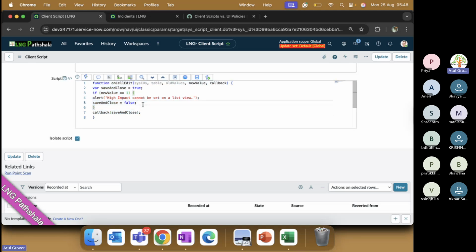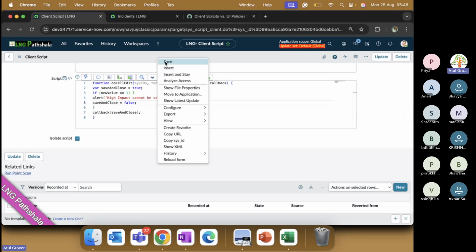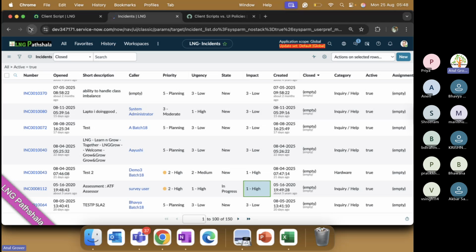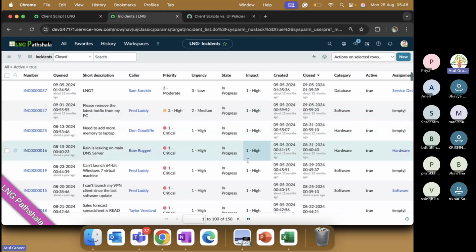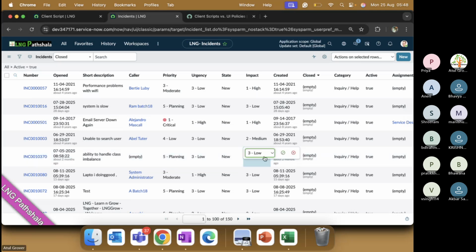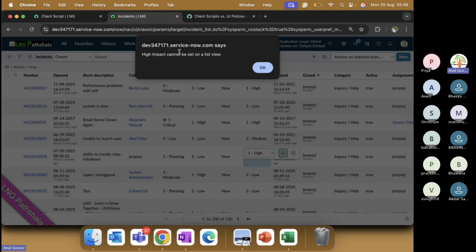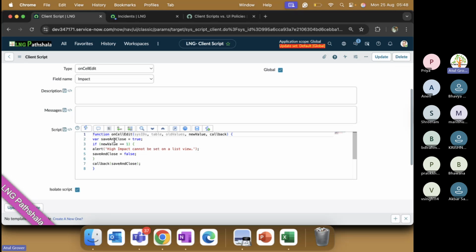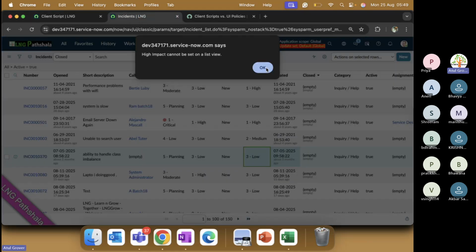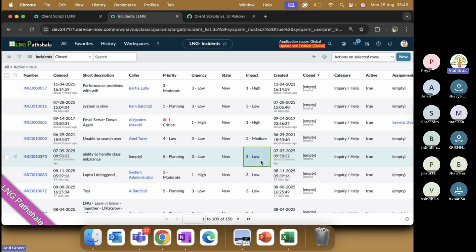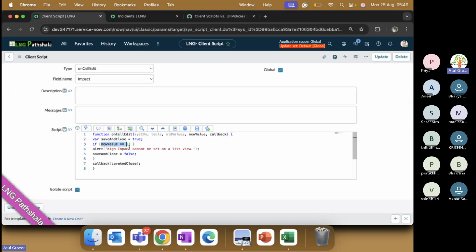Save close impact 1, दोबारा सेव करते हैं एक बार। अच्छा सॉरी, इसको रिलोड करते हैं। नाउ लेट्स गिव अ ट्राई। ये देखो आ गया, हाई इम्पैक्ट कैनॉट बी सेट, सो इट मीन्स माई स्क्रिप्ट एग्जीक्यूटेड टिल दिस पॉइंट। वो गया, उसने चेक किया न्यू वैल्यू क्या है, 1 है, और अब वो सेव एंड क्लोज को फॉल्स कर देगा कि एक तो सेव नहीं करो और जो लिखा उसको भी हटा दो। देखो उसने 3 कर दिया, बट इफ आई मेक इट एज अ 2, नो एरर। व्हाई? बिकॉज द न्यू वैल्यू इज नॉट 2, sorry, new value is not 1, it's 2।